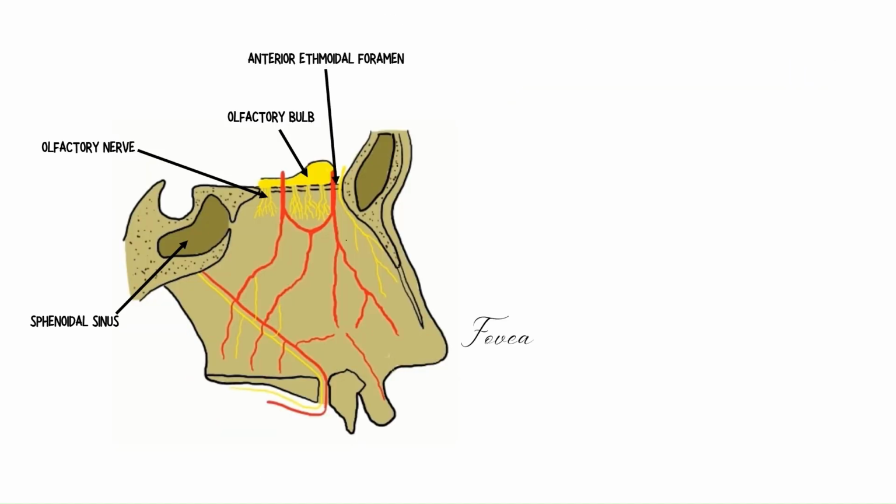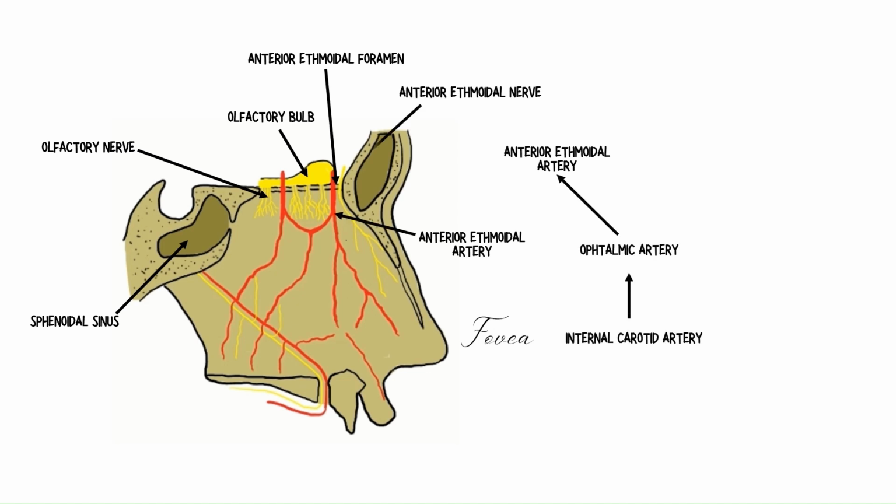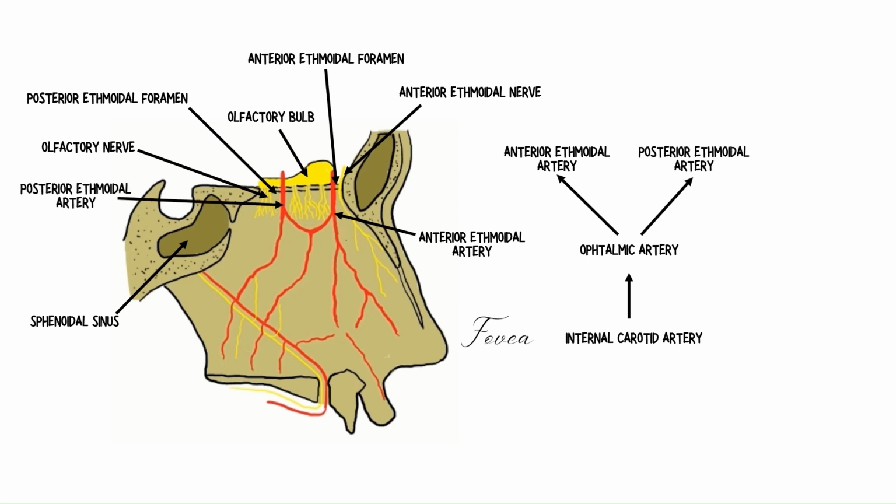The anterior ethmoidal foramen, through which passes the anterior ethmoidal artery, a branch of the internal carotid artery, and the anterior ethmoidal nerve that provides sensory branches to the nasal cavity. The nerve is the continuation of the nasociliary nerve after it enters the anterior ethmoidal foramen. It branches into the internal nasal nerves that go to the mucosa of the anterior part of the septum and to the lateral wall of the nasal cavity, and into the external nasal nerves supplying the skin of the dorsal nose and the nasal apex. And the posterior ethmoidal foramen, from which the posterior ethmoidal artery, a branch of the